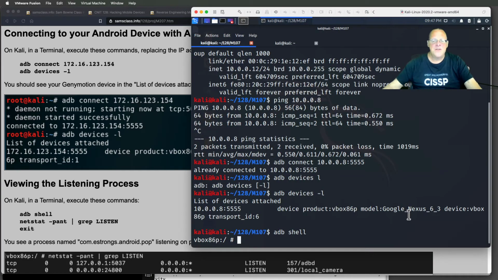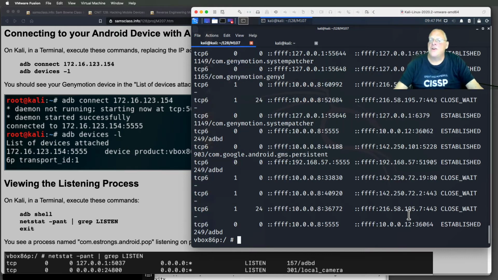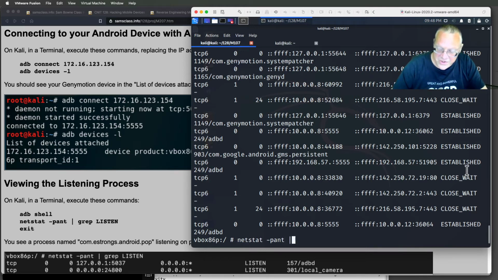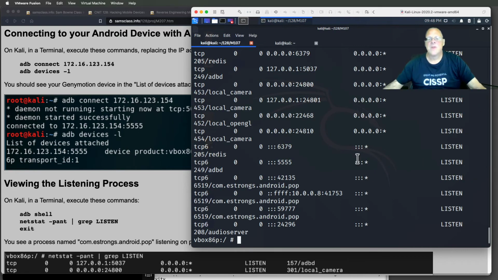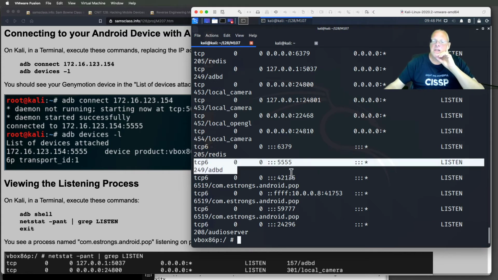So let's take a look at netstat -pant. This shows you the status of network processes on here, and you see there's various statuses. What I want to see is listening ports, so I'm going to grep for listen. Okay, so here are the ports that are listening on my Android device. Here is the ADB daemon listening on 5555. That makes sense. That's the thing I connected to do what I'm doing right now, to control it from